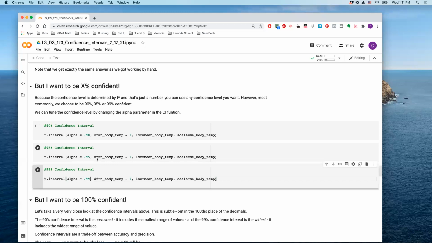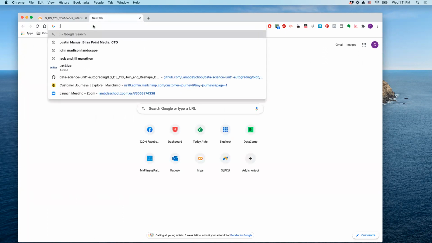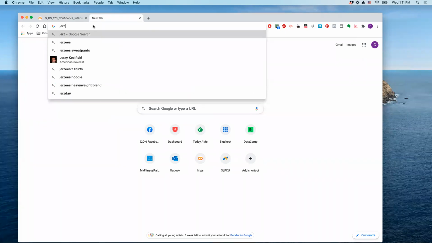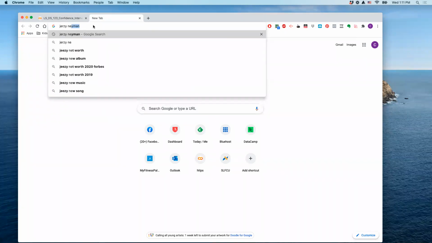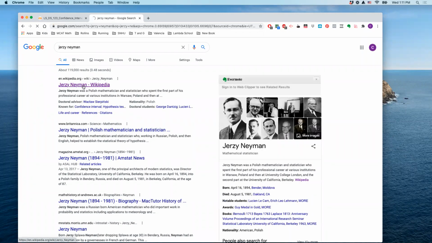Now, I will say 95% confidence is by far and away the most common value that people use for a confidence interval. This is completely arbitrary. If you want to blame anyone, oh, I guess I didn't paste this guy in there. If you want to blame anybody for confidence intervals, if you don't like them, you can blame them on a guy named Jerzy Neyman, who I think was kind of a jerk also.